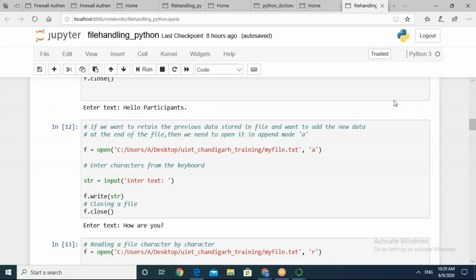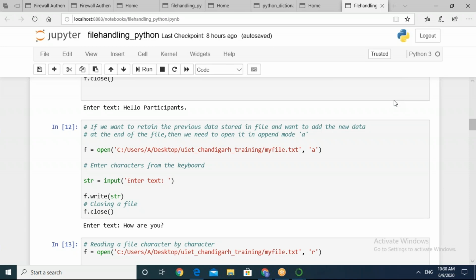So it means in the earlier example, when we were working with simply W mode, we were getting this problem that previous contents were erased and these were not retained. But in order to retain those contents, we have simply modified the file opening mode.